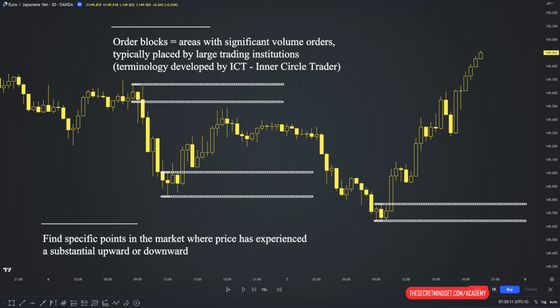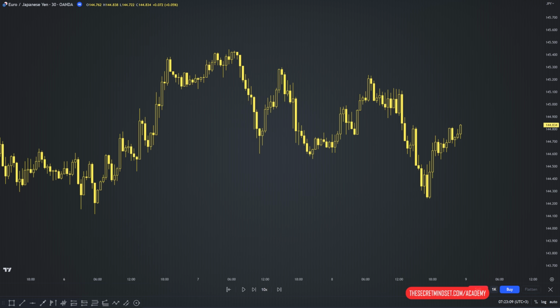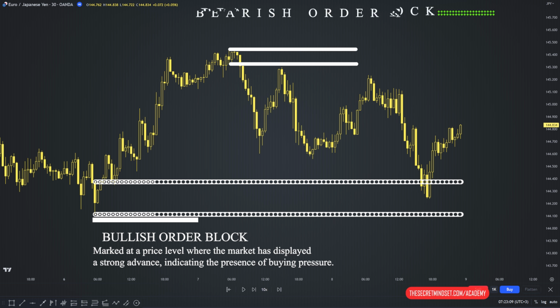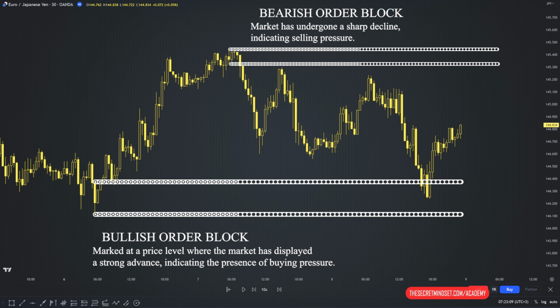The key concept behind trading with order blocks involves finding specific points in the market where price has experienced a substantial upward or downward movement. A bullish order block is marked at a price level where the market has displayed a strong advance, indicating the presence of buying pressure. A bearish order block is identified when the market has undergone a sharp decline, indicating selling